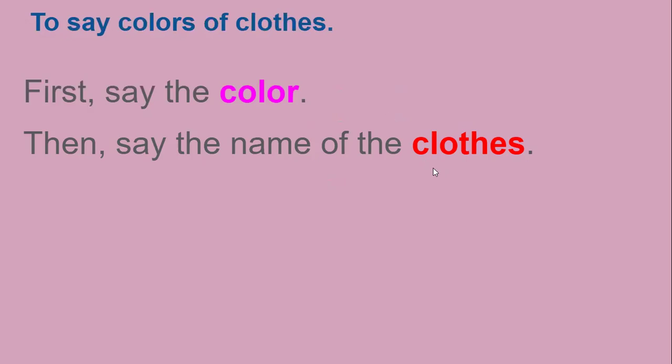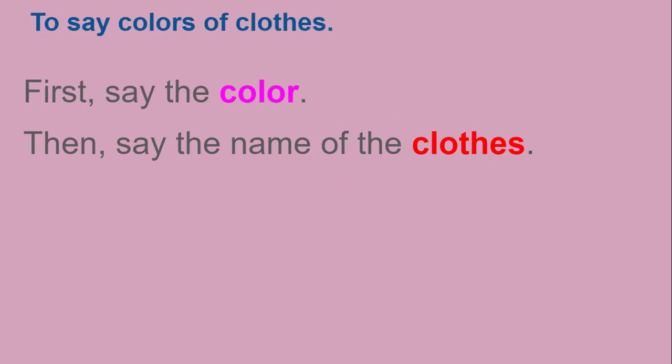Then you say the name of the clothes or the name of the clothing item. So for example, if you have the color yellow and the name of this clothing item is a jacket,